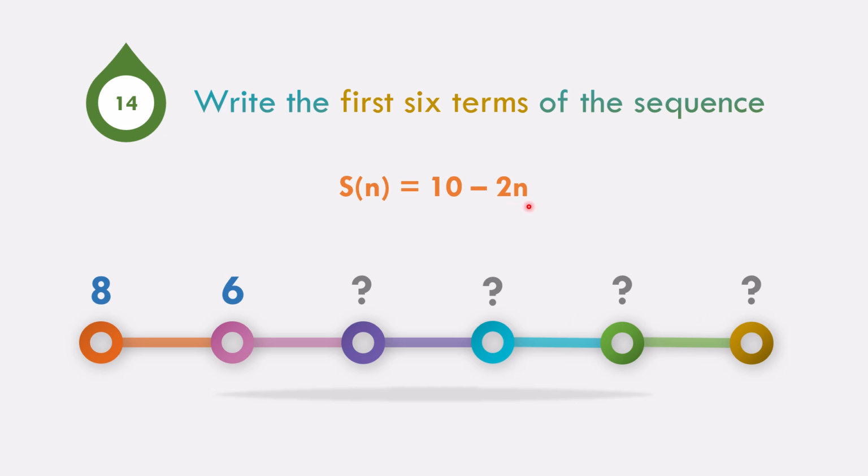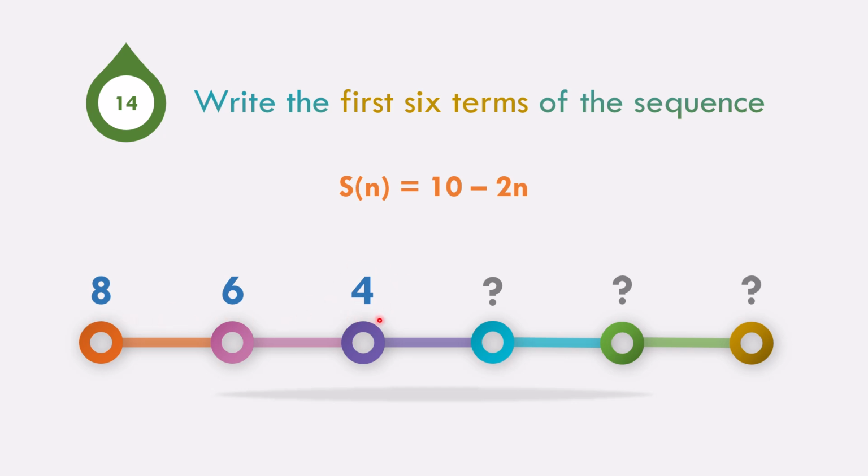After replacing with 2, let us try 3. Negative 2 times 3 is negative 6. So it means 10 minus 6, the answer is equal to 4. So as you can see, based on the pattern, we need to subtract 2. 8 minus 2 is 6. Minus 2, that is equal to 4. So it means the pattern is subtract 2.